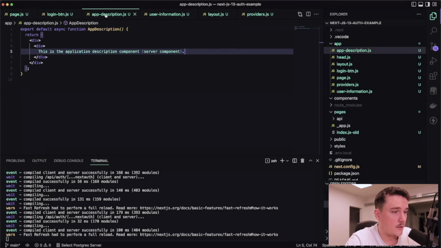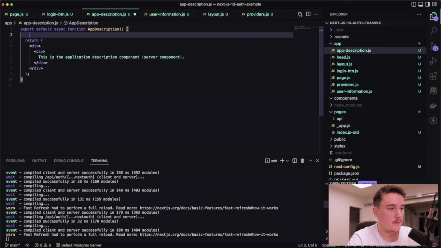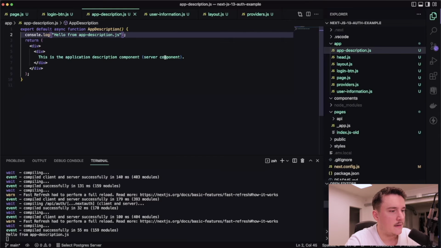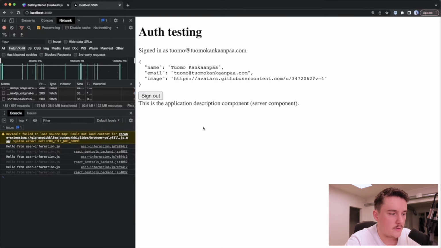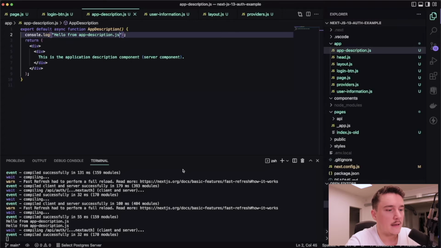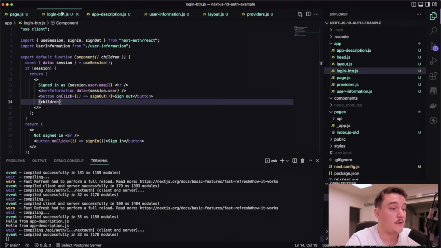So let's log something inside of this component like this. And now if I go to the browser and refresh the page, we are only getting the hello from user information in the browser console. And now in the server console, we are getting the hello from app description.js. So this component is now rendered as a server component because we used it with the children inside of a